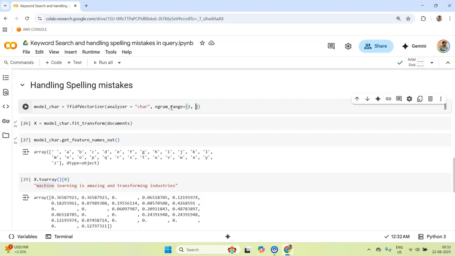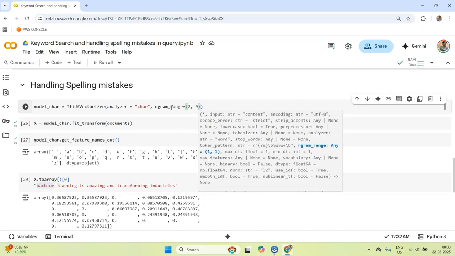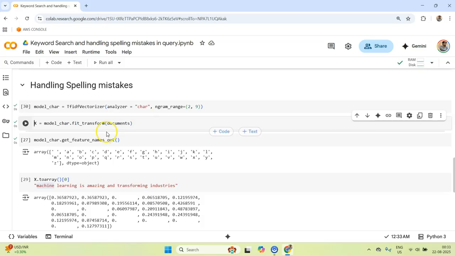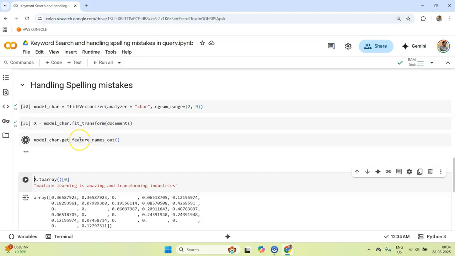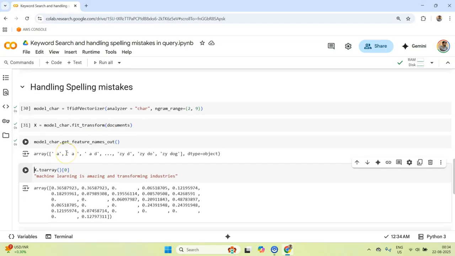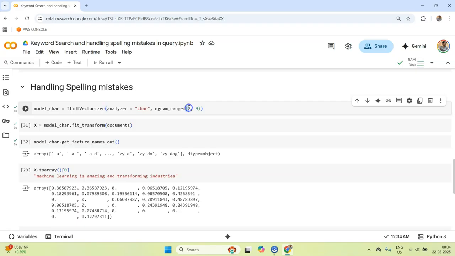Suppose I want to create an n-gram range of 2 to 9, and if I run this, your feature count will increase a lot. And if I run this as well, and now if I print the feature names, now see what happens. It is starting to extract features